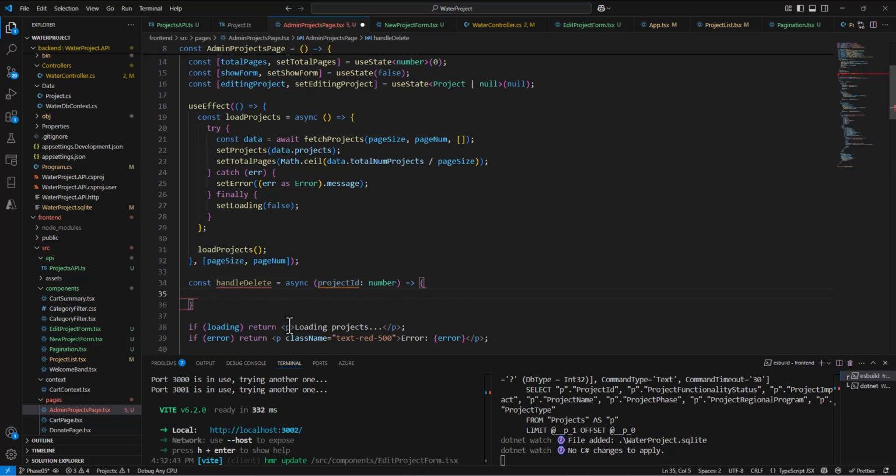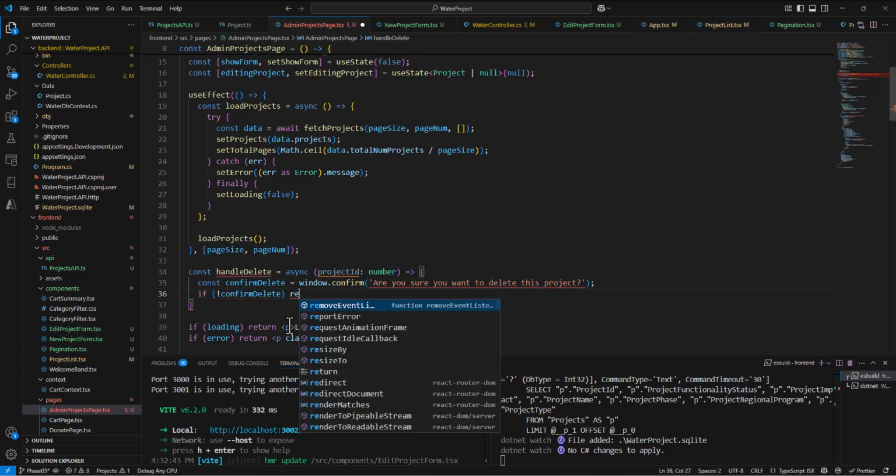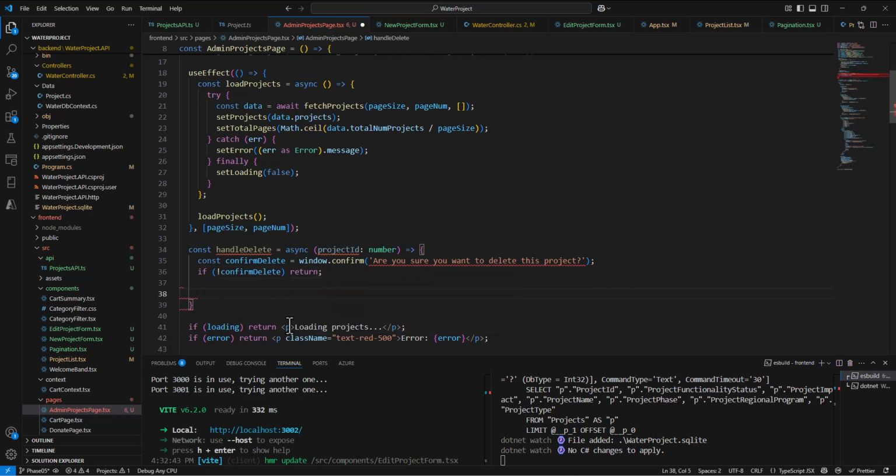And then the function is to create a const called confirmDelete, and here we're going to call the window confirm function, which is going to pop up a little window and say, are you sure you want to delete this project? Okay, so we get the confirmation first, and then we say if not confirmDelete, then return. So if they say no, I don't want to do that, then just go back to the form without doing anything. Otherwise, try